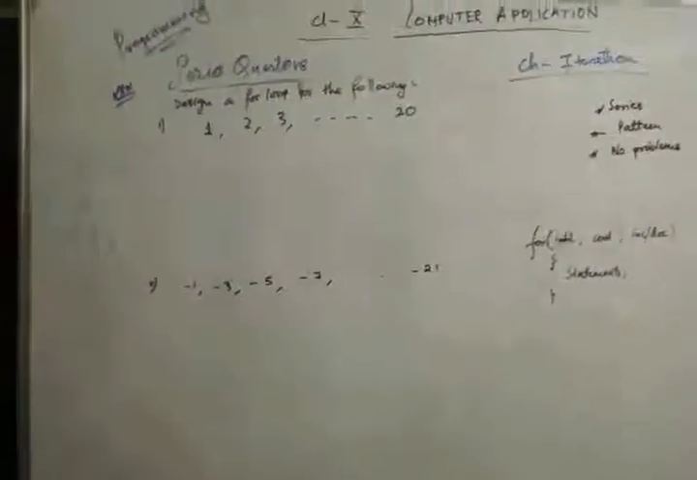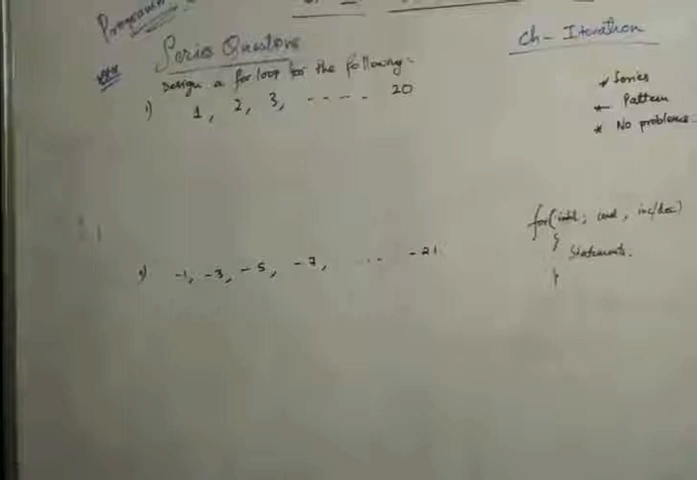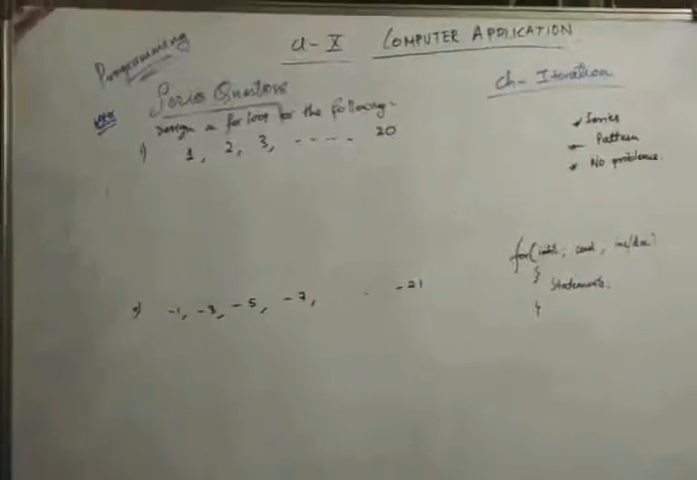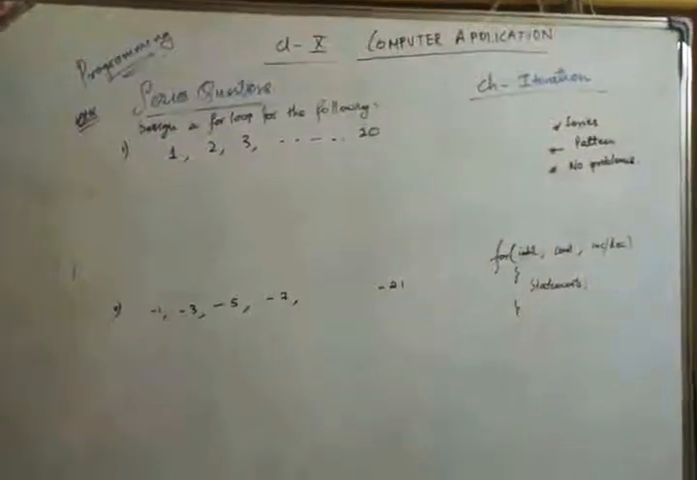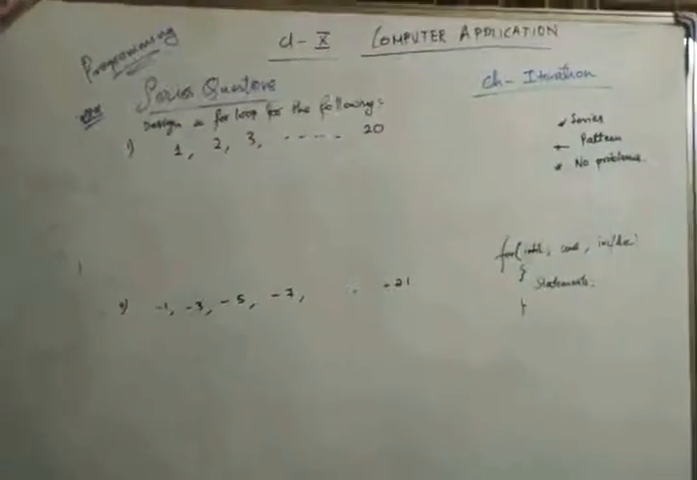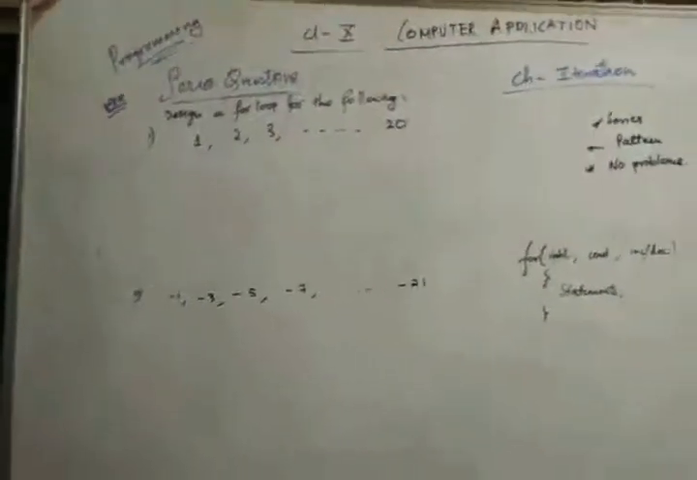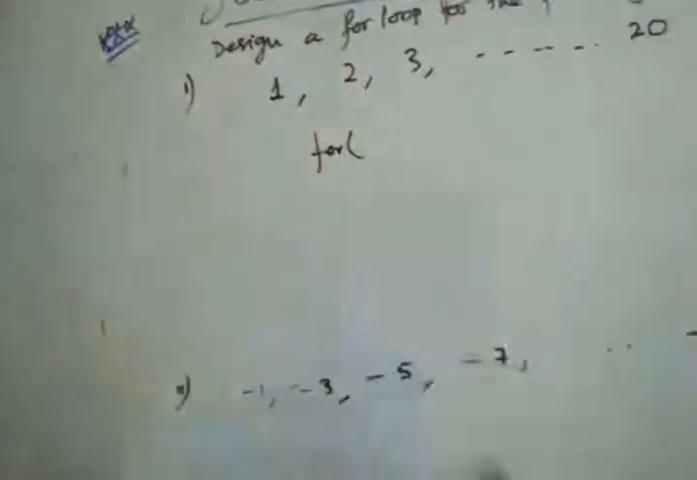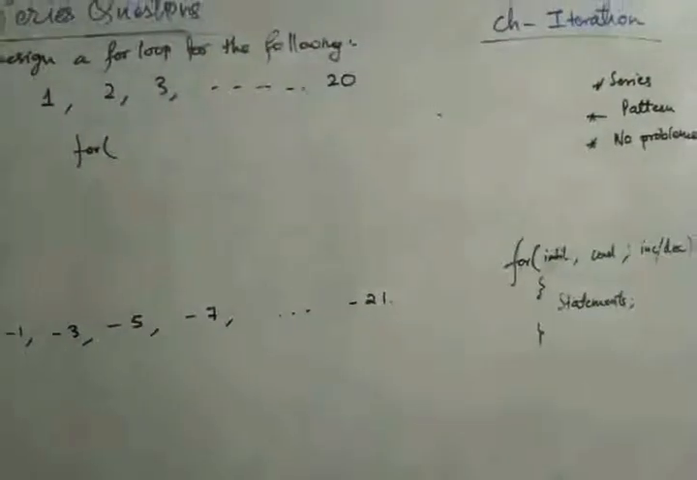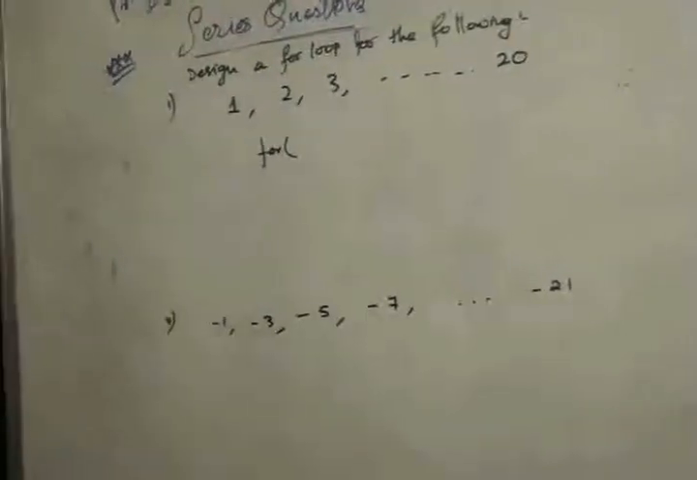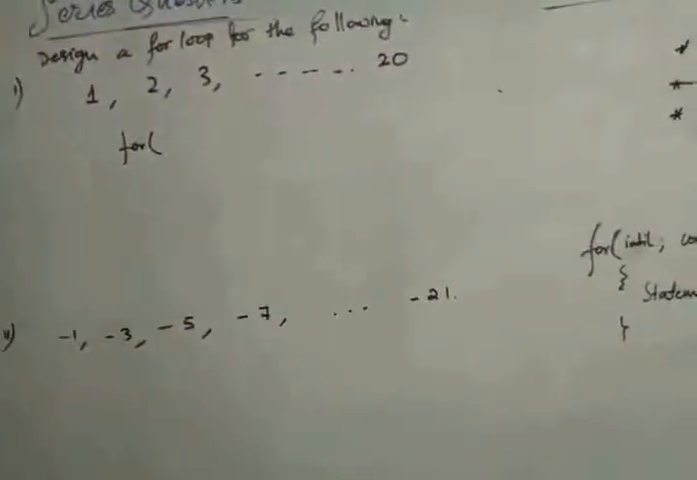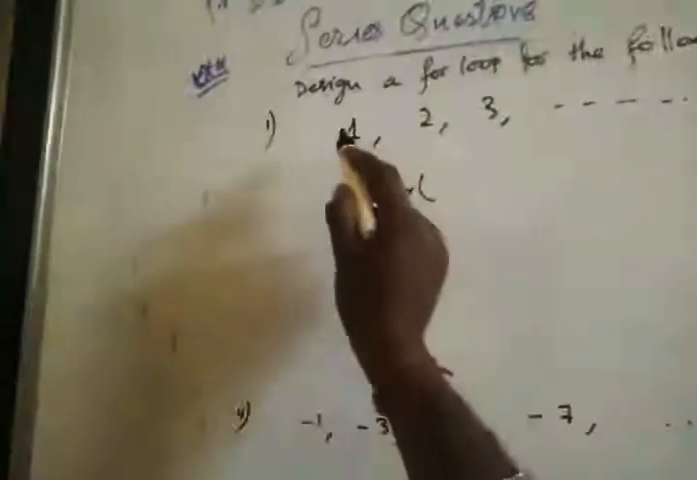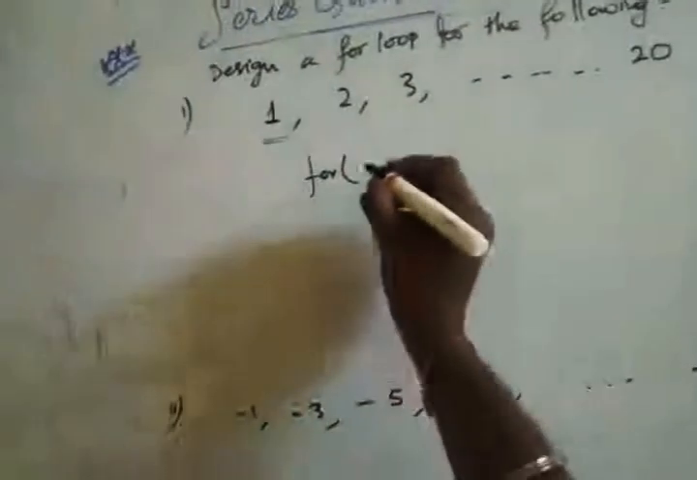Question 1 says: design a for loop to print 1, 2, 3 up to 20. How should my for loop be? We'll start with for, and in the first step we have the initialization step. What do we need to do for initialization? My loop in the question starts from the value which I need to print, which is starting from 1. So I'll write